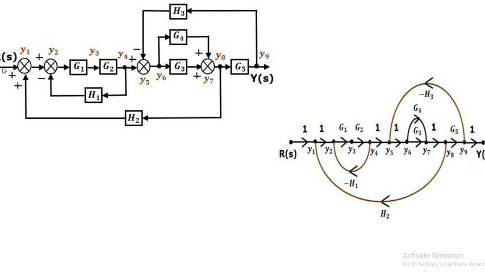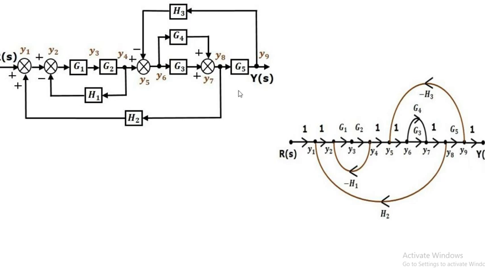So in between this Rs and this y1, there is no gain, so I have to replace it with 1, and the arrow is from left to right side. Though it is not visible here, it is Rs. That you have to keep in mind. So this is Rs, this is Ys, here it is Rs, here it is Ys.